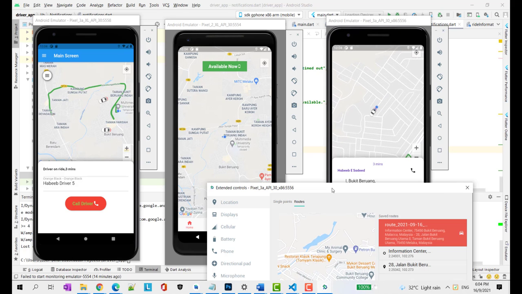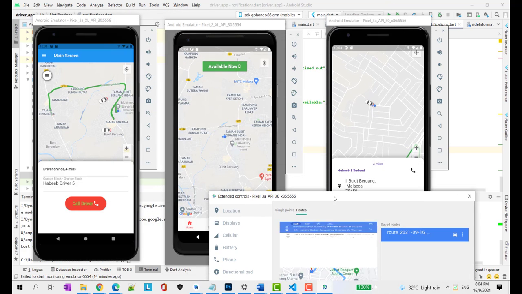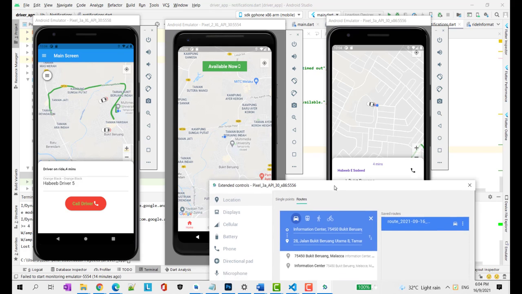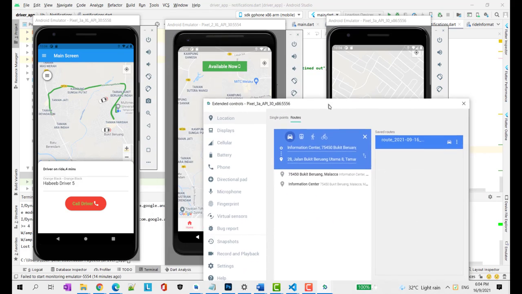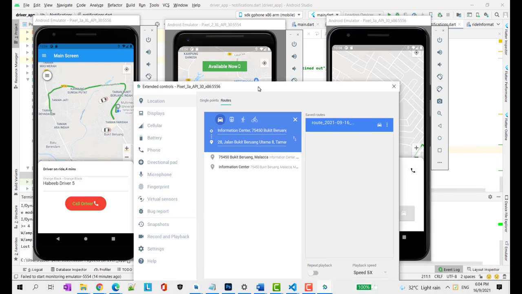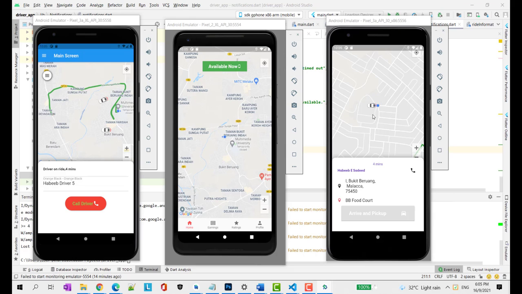So I change it to 5x? I think yes. Yes, the driver has now reached the rider's position, and after that, it has stopped. So what will happen is arrive and pick. When I inform the driver that I arrived at your position, I will just simply click arrive and pick, and it says the driver has arrived.